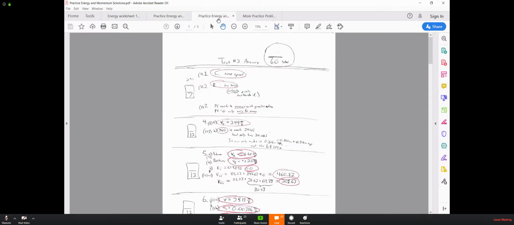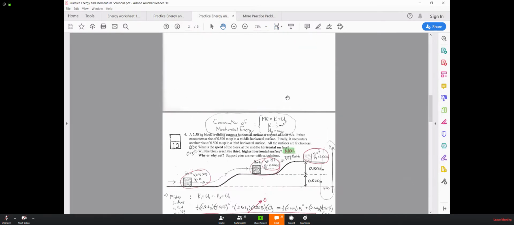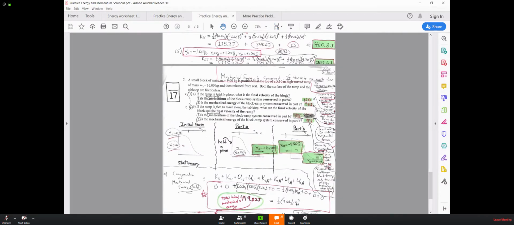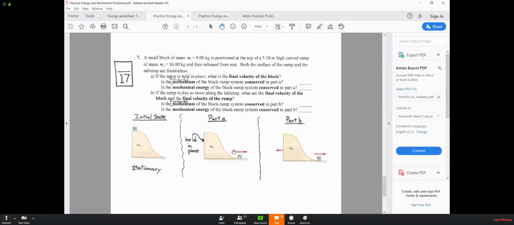And here are the solutions. There's some answers. Solution to number 1, solution to that guy, and the ramp question. I really like the ramp question. I think you guys should take a peek at the ramp question right here. It's kind of interesting, especially part B. I think it's kind of a fun one to think about a little bit, and it would test your ability